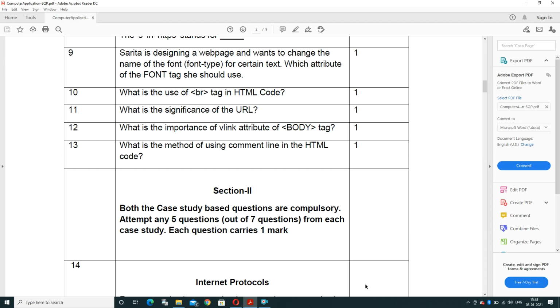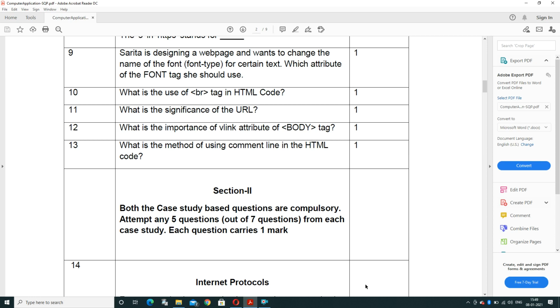Next is, what is the significance of URL? Basically, URL specifies the unique address. Unique address means a unique ID for a particular website. It specifies the unique address of each particular document that is available on an internet service system.